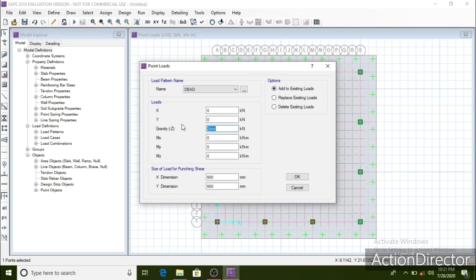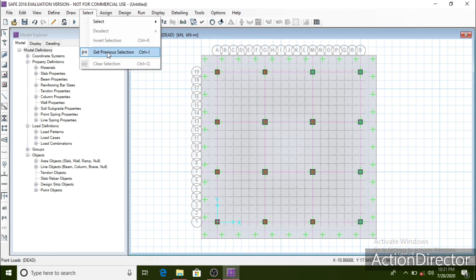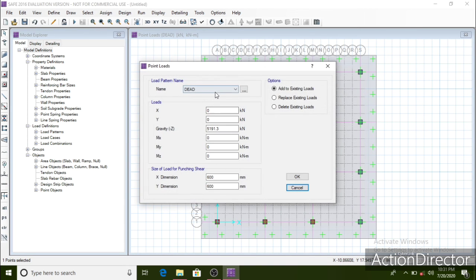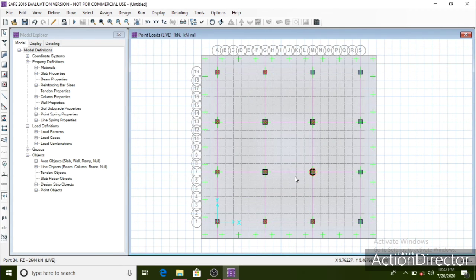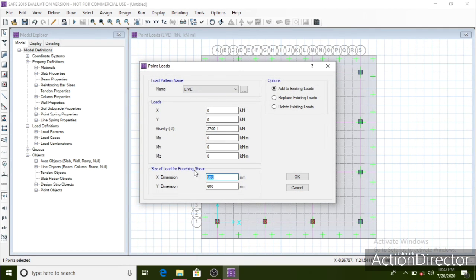Column 11 is also of the same dimension, 600 mm by 600 mm. Column 12 is of 500 mm by 500 mm. So change it again.